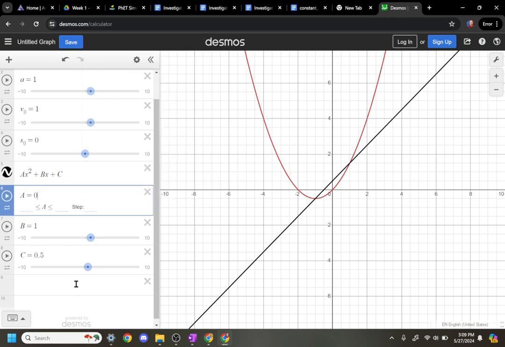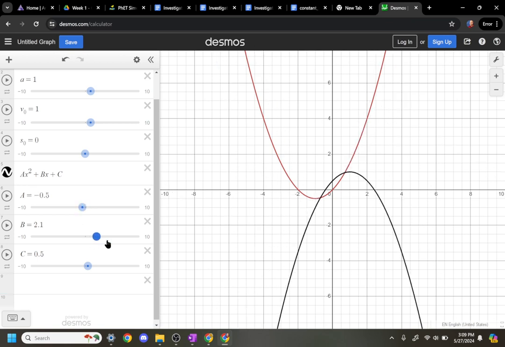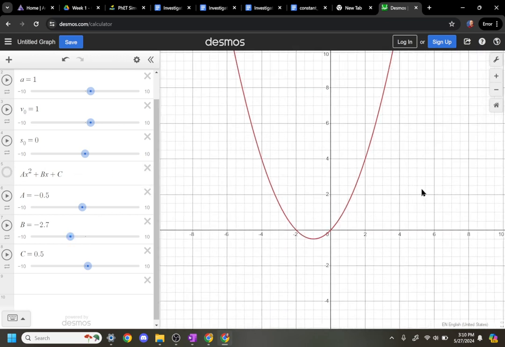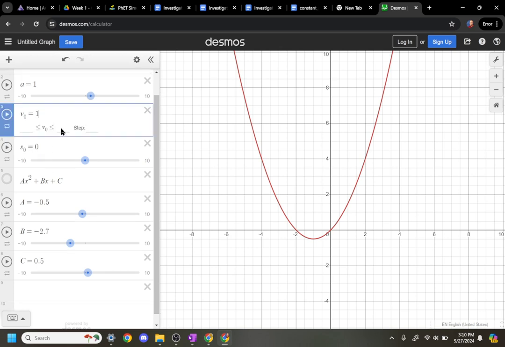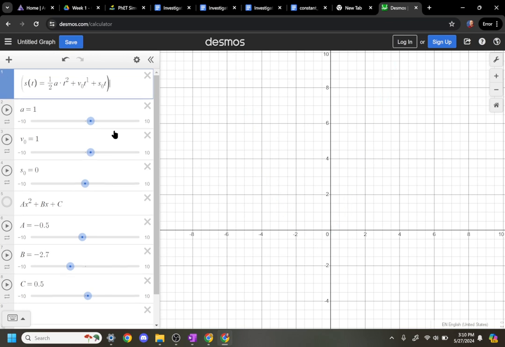But then any positive number makes it concave up. Any negative number makes it concave down. And then we're like, B does something weird that we don't understand. Well, we didn't understand it because we didn't have calculus. We didn't have this context where V naught, the thing that controls this B term, the thing on the t to the first power times t to the 0th power